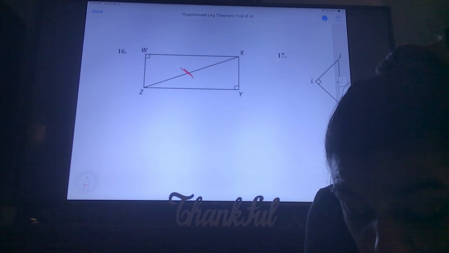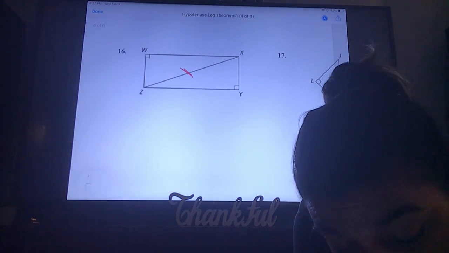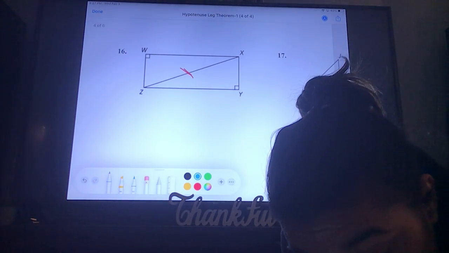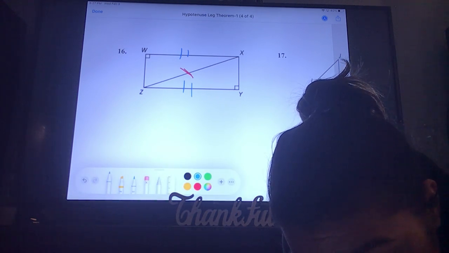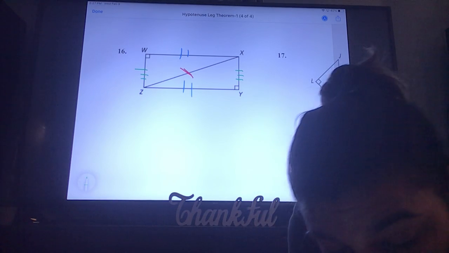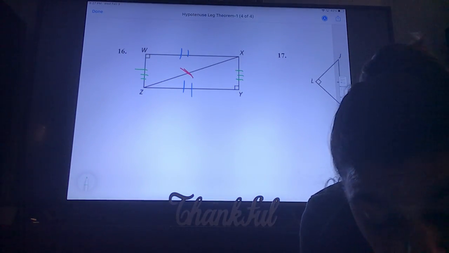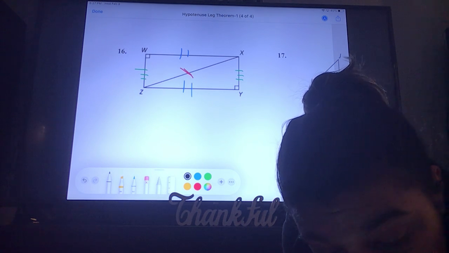So what else would we need to know? And technically, that's the hypotenuse. They're across from those right angles. And so we would need to know one of the side lengths. And I'm gonna change my color here. You would either need to know this line segment or this line segment. Okay, and so either one of those for an answer would work, and so I'm going to write it in both ways. So we would need to know